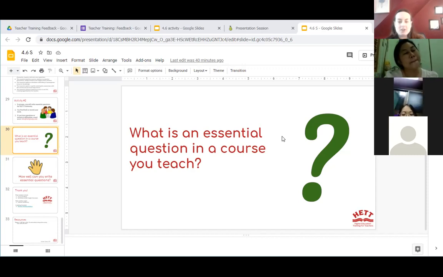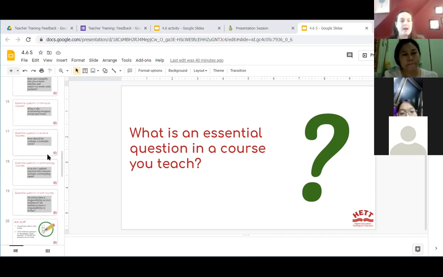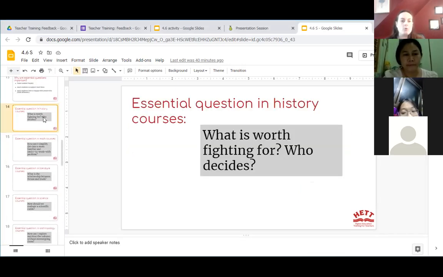not just in your classroom, but also, as we talked about before with transfer goals, you are thinking beyond the classroom. How would this be useful beyond the classroom? So what can you consider beyond the classroom? So a question like, what is worth fighting for? Who decides? You discuss it in class,